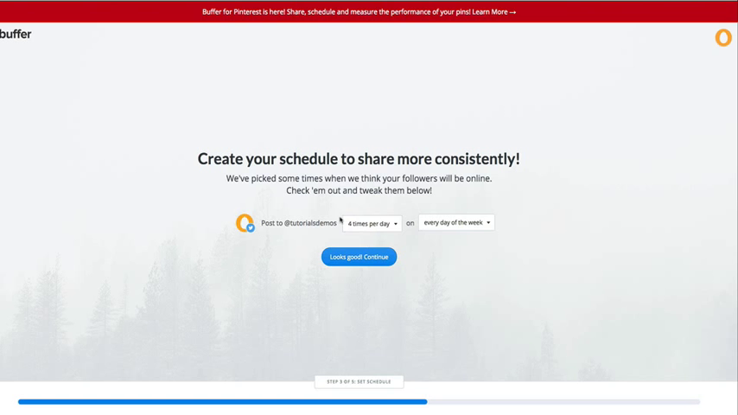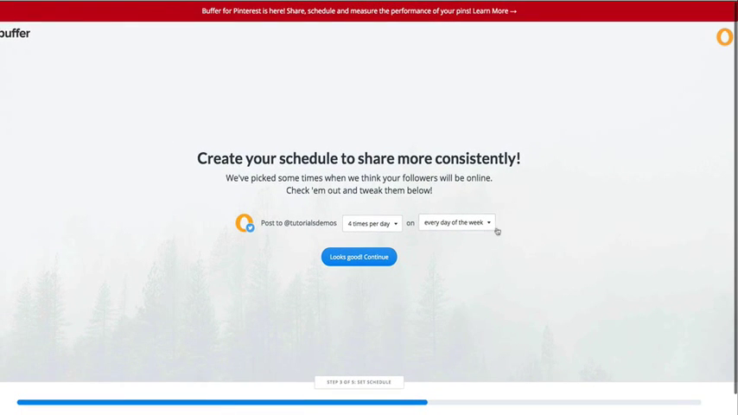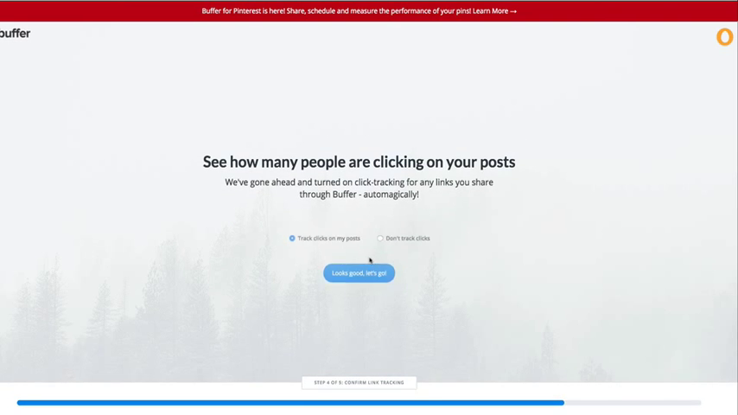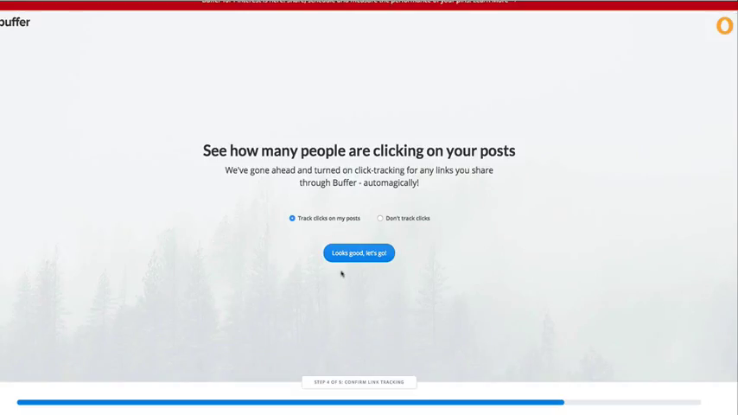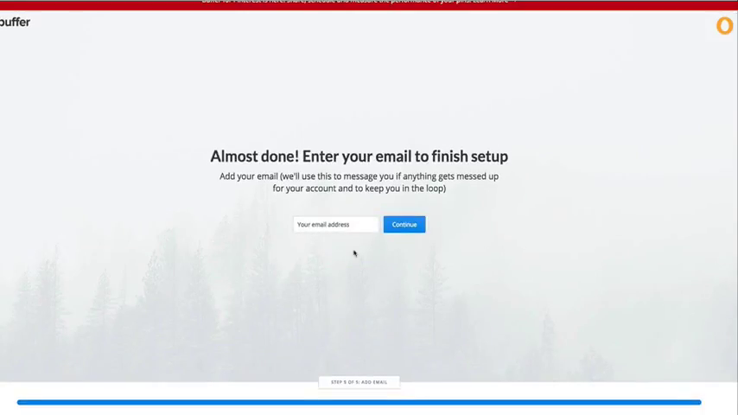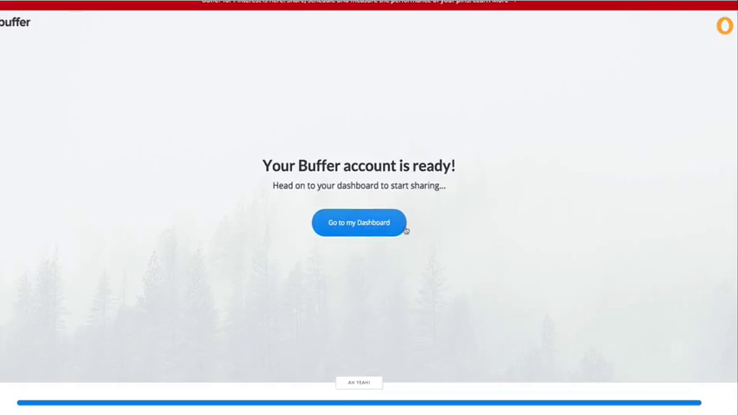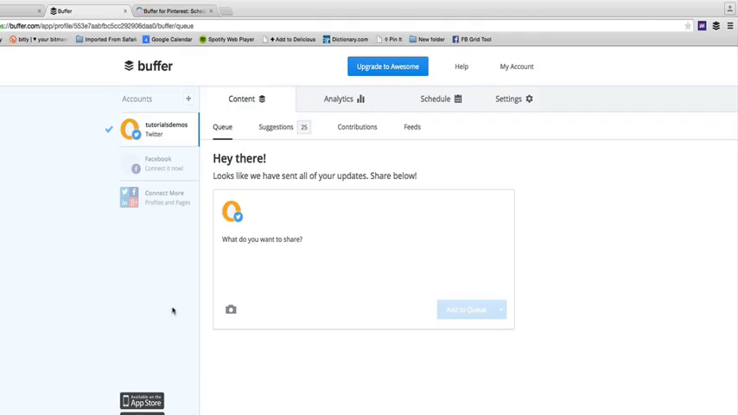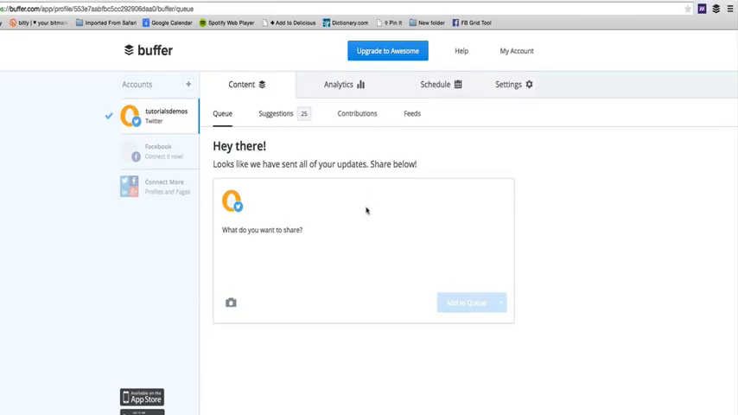And then it says post to this account how many times a day, on every day of the week, or just certain days. I'm going to say post 4 times a day to this Twitter account every day of the week. And then it's asked if we want to track clicks. Yes, we do. And enter email address. Okay, so this is the main dashboard, and it normally will prompt you at this point to download